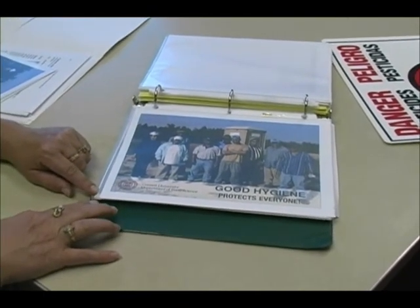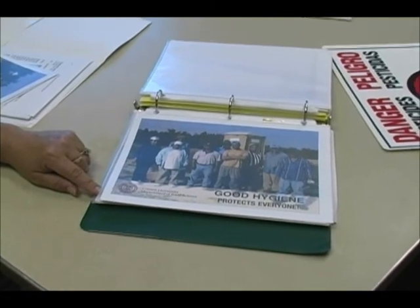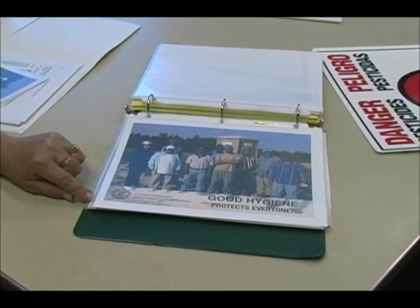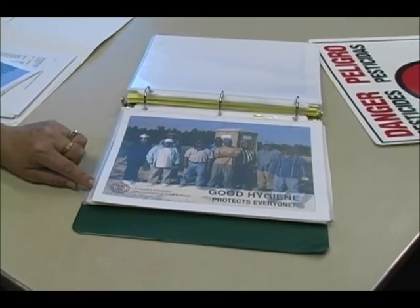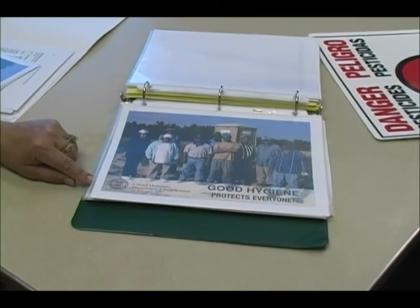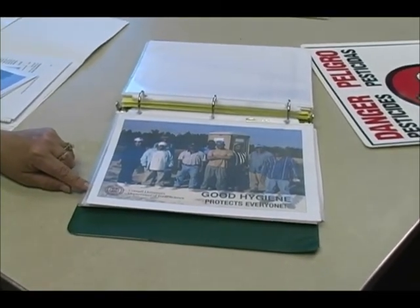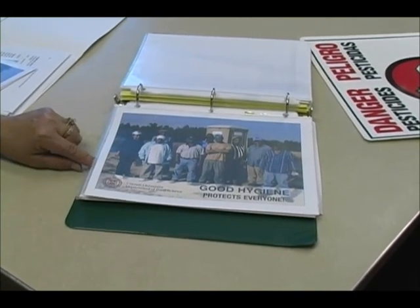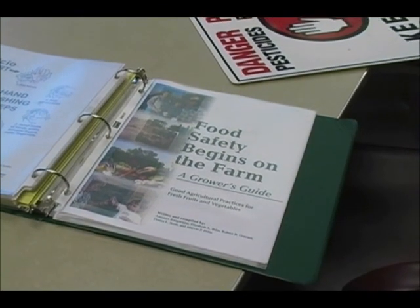As I stated before, you can find the manual online, you can find the checklist online, and you can find additional materials that you'll need to have in your notebook to show how you're educating your workers. For example, this is a program developed from Cornell University regarding good hygiene. It's available in English and Spanish. This is another booklet available from Cornell that kind of explains